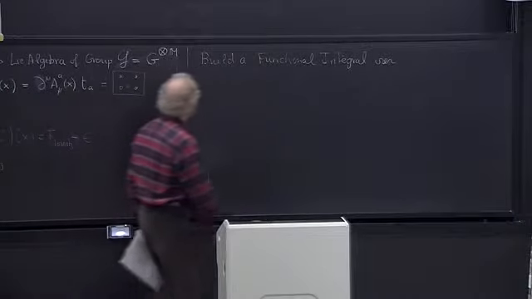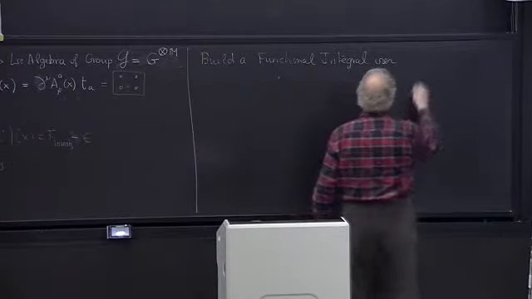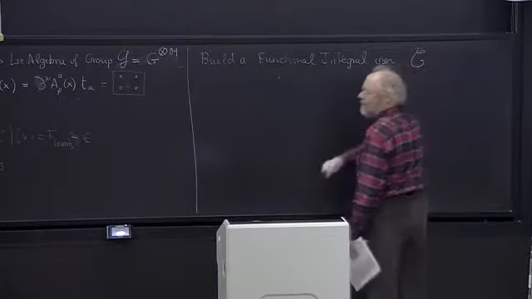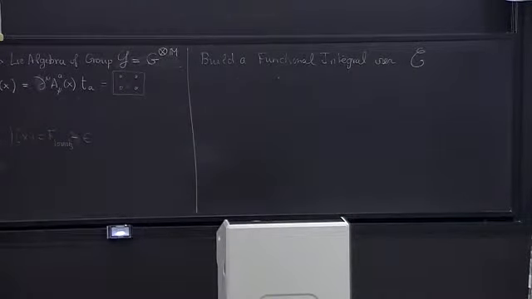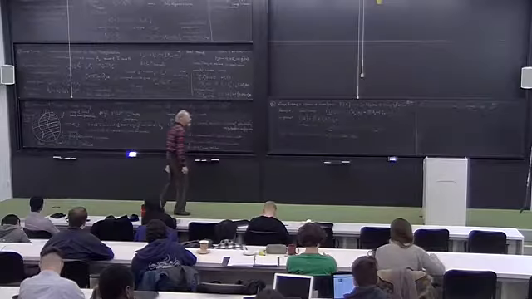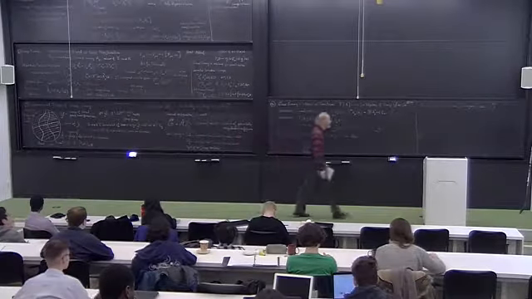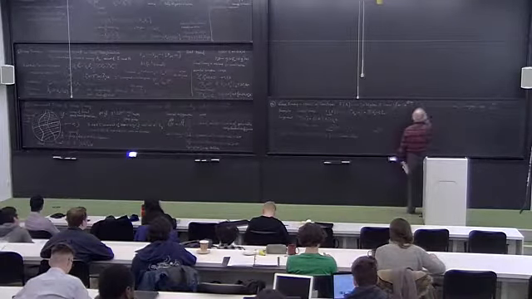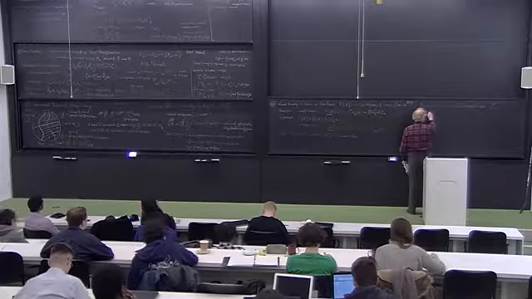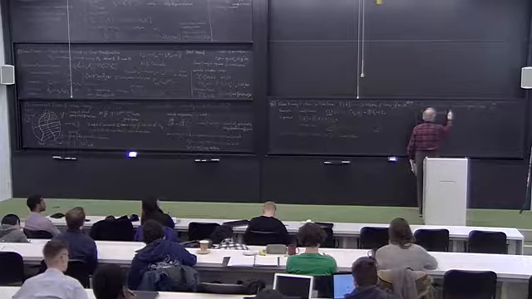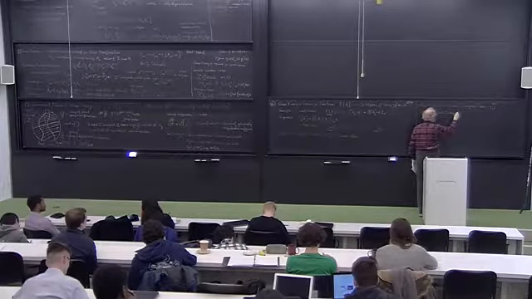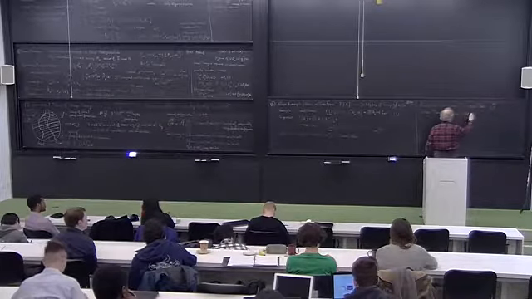So in fact, quantization means I want to build a functional integral over C, the space of orbits. And this is complicated, so the standard recipe is rather to build a functional integral over a slice,